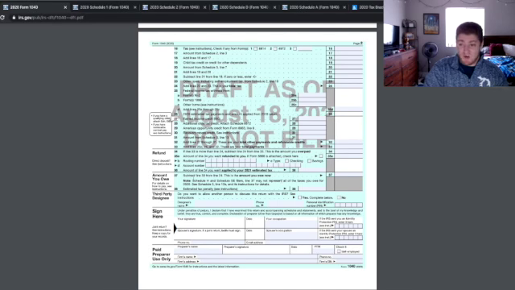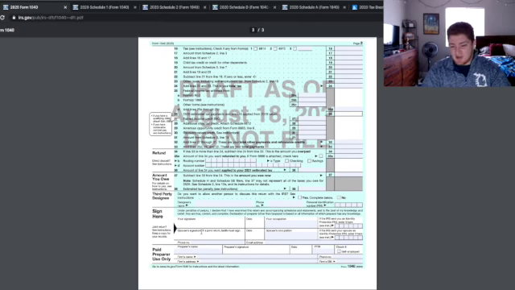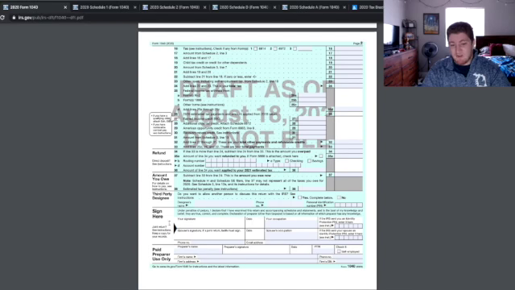If you owe more than what you currently have paid, that will come through on line 37. And that's when you're going to have to send a check to the IRS saying, I didn't pay enough. This is how much I owe you. And then obviously you come down here, sign it. What's your job? And then whoever prepared your tax return would go through and fill out this bottom part. So that's the 1040 tax return.